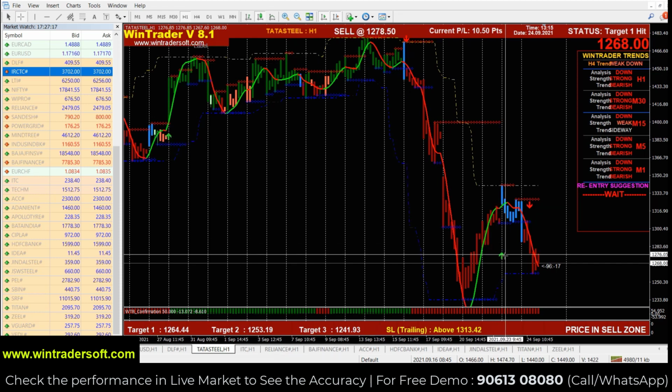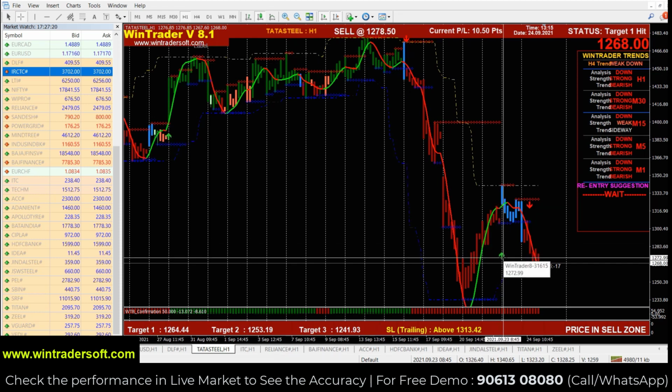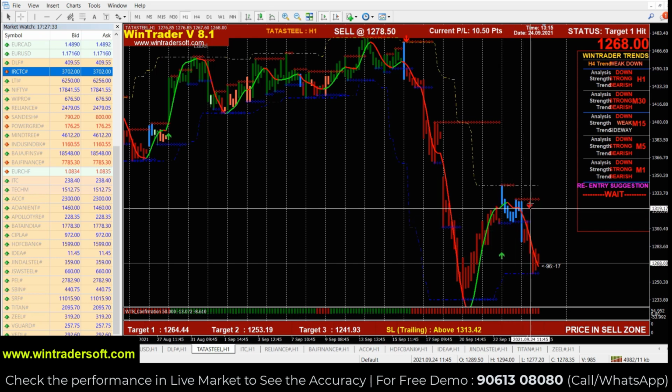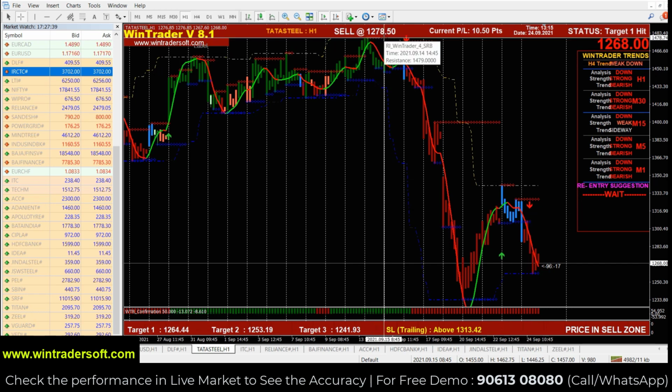In between there was a buy trend shown, but there was no confirmation. If the buy signal is generated, we need to get the confirmation as the bottom below turns green, and only then will we go with the buy. Otherwise, we just avoid the buy. In this case we can't buy anything. It's again going down. Again we get the sell signal. I think today we get the sell signal again at 1278.